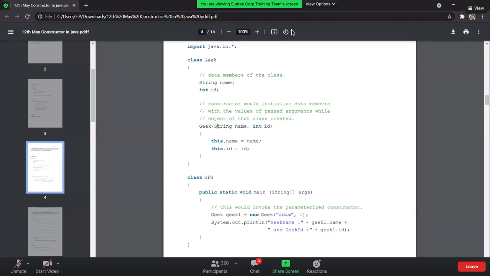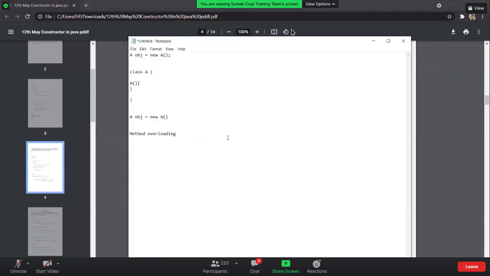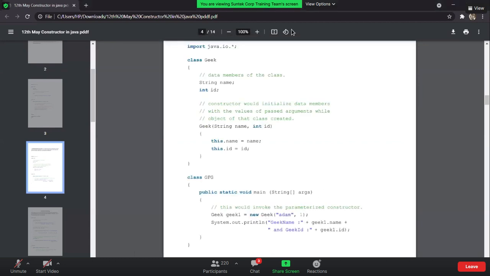Good question. Whenever I invoke this, that will call this constructor, and the name value would be Adam, and the ID would be 1. Then I need to assign this name to the value with this. So I cannot write name is equals to name. Otherwise, how will the compiler identify which name is which? That's why for referencing, this.name represents the field of this class. Is that clear?